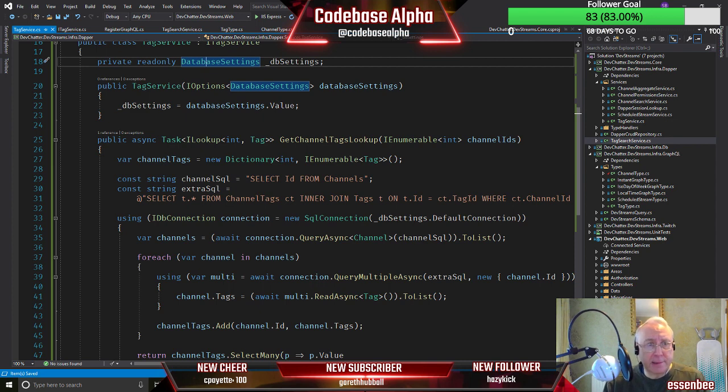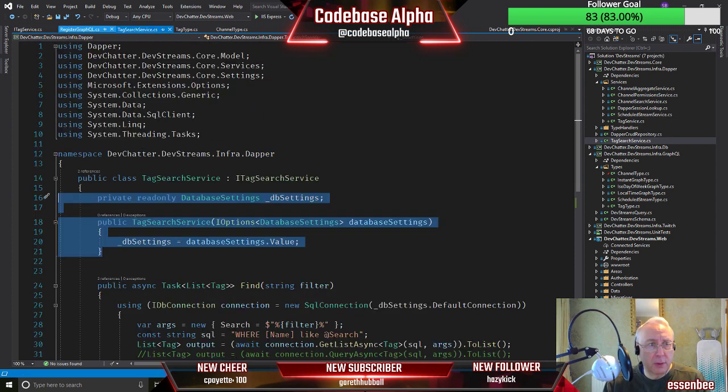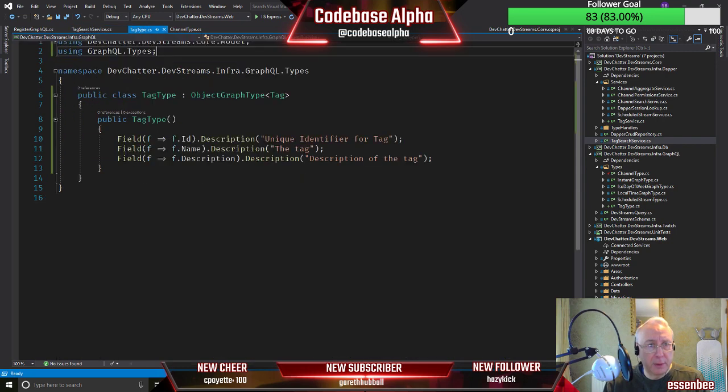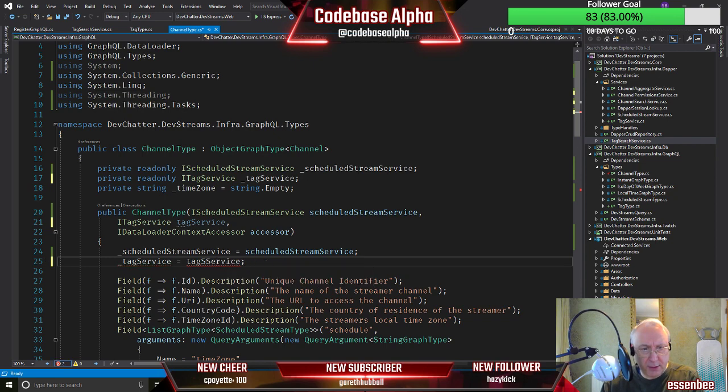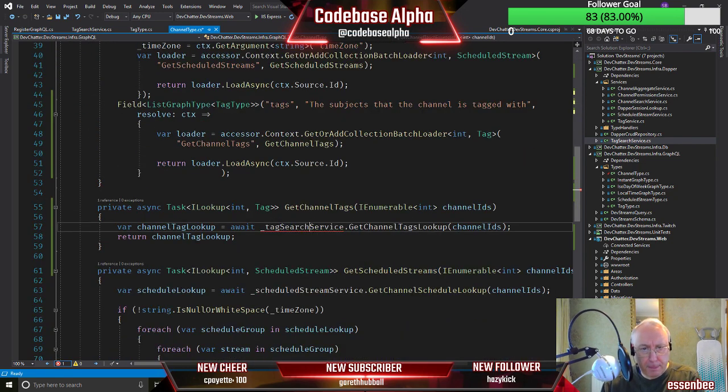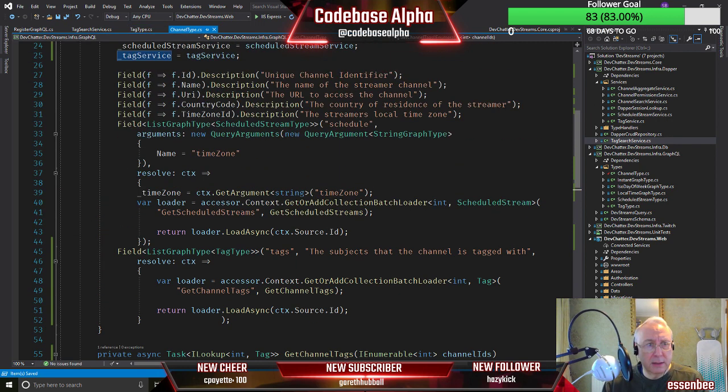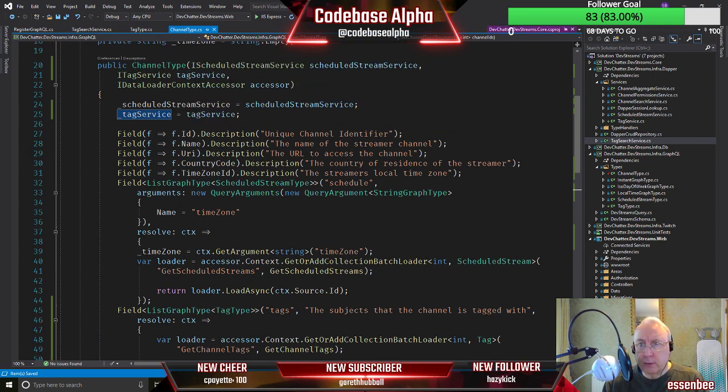And we need to go back to our channel type, and so rather than channel search service, we're going to be injecting a tag service. Like that. I think it's best if we separate them out so that we don't get confused by the fact it says search. And down here. Okay, and then on our startup class, where's the startup class gone?